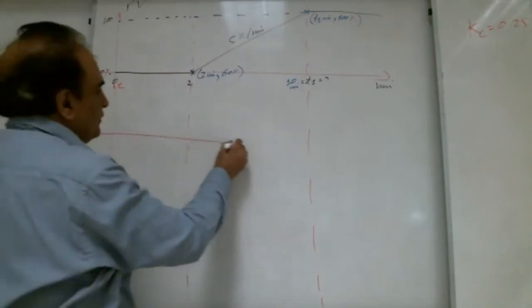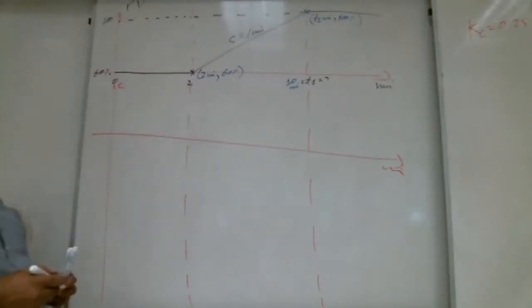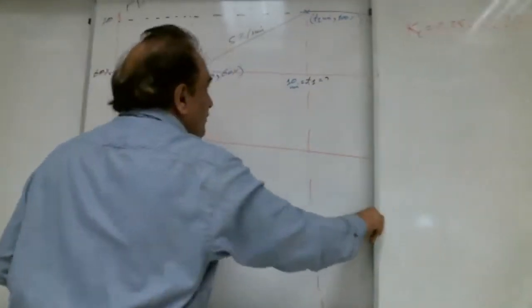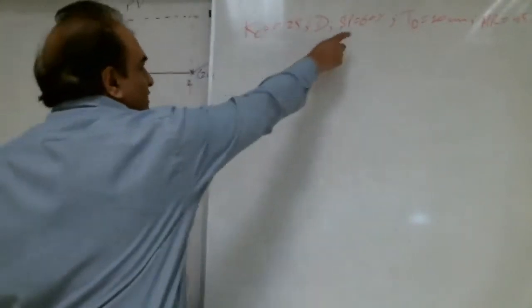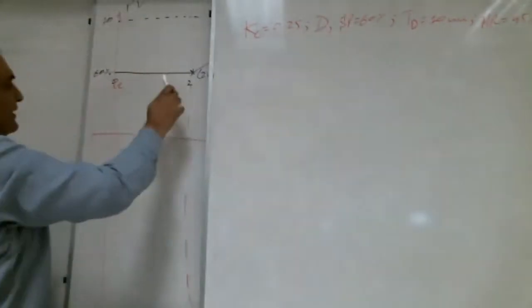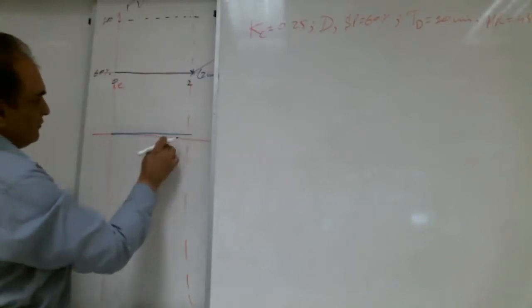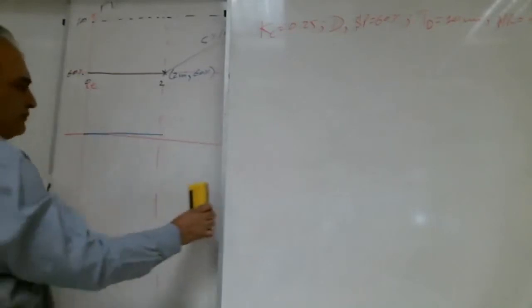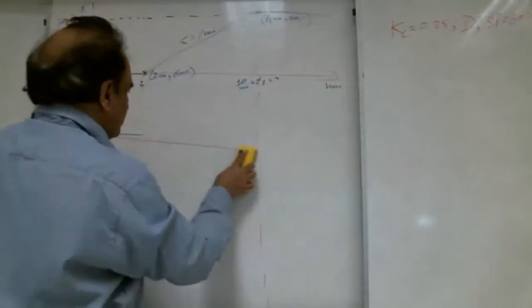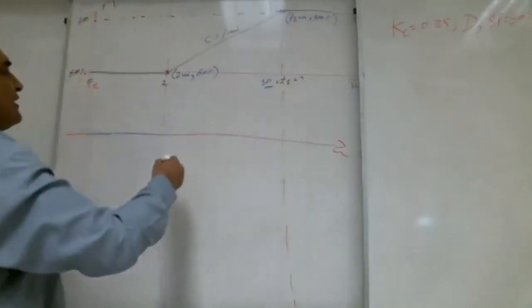Error in minutes. Okay, Shabab, from 0 to 2, what is the error? 0. See the set point. Very good. A lot of brothers are writing 0. Set point is 60. PV is 60. So what is the error? 0. Right, Shabab? So error is 0. Okay, Shabab. At 10 minutes, what is the error?